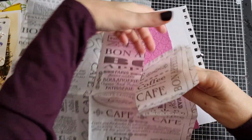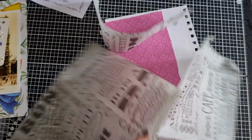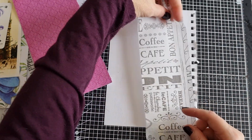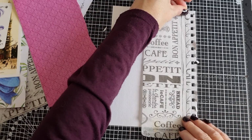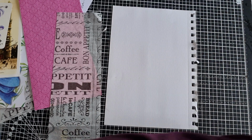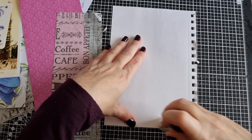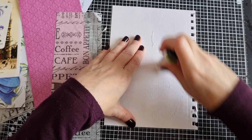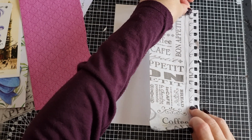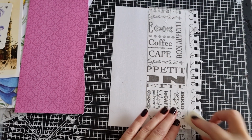Let me check. So yes, I thought romance. It said about weddings. Why not do the supposed city of love, as it was asking for a city? I like these kind of ones. You will know if you've been with me a while that I enjoy doing memory keeping as part of my Margarete Miller collage. But the other thing that I really, really enjoy is when the prompts themselves inspire me to do a collage that all works together. I know not everyone does that, and I guess the prompts are a way to try and get you using things that may not necessarily work together, you know, because